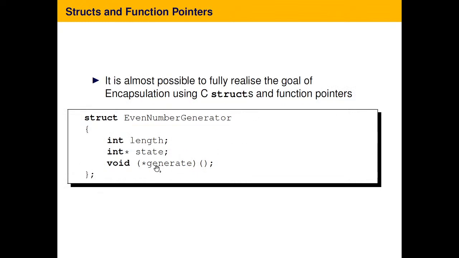So for that to work, we could perhaps try and use that thing we spoke about just a moment ago, the fact that a function is actually a place in memory where the compiled code for your function is stored. And if we get the address of that place in memory where the function is, we could store that along with the data. And that way we've unified the data and the behavior into a single entity. And that was the goal of encapsulation. And we'll see that this kind of works, but it's not perfect. It's